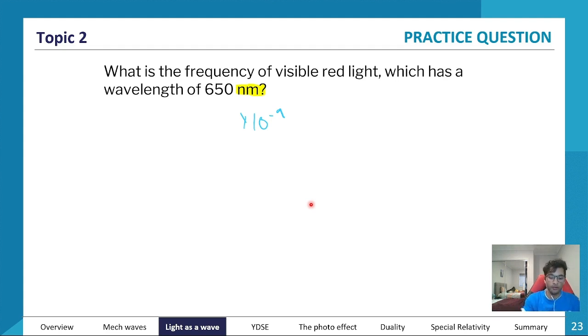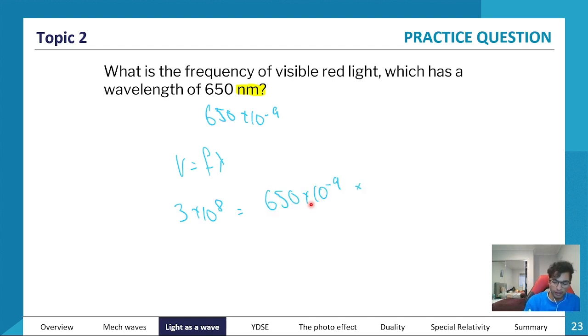Obviously you want to convert all your units into SI. So the wavelength of 650 nanometers is basically 650 times 10 to the negative 9. We also know that velocity is equal to frequency times wavelength. The velocity of light is always constant, which is 3 times 10 to the 8. So 3 times 10 to the 8 equals 650 times 10 to the negative 9 times the frequency, and that gives you a final answer of frequency equal to